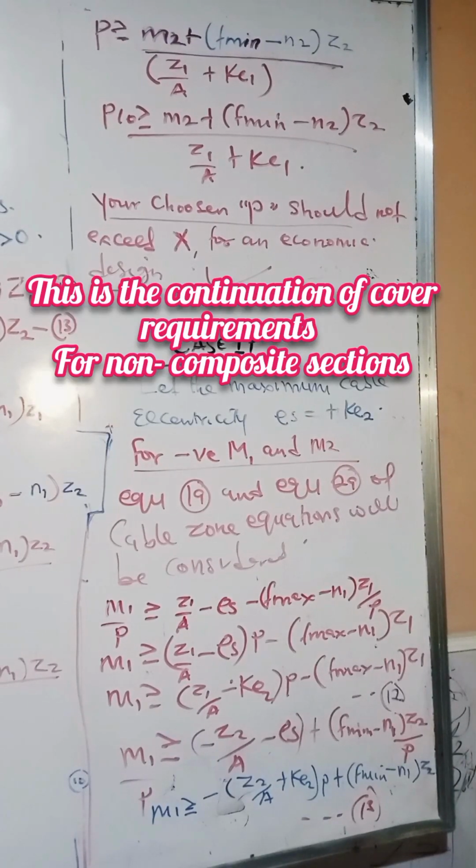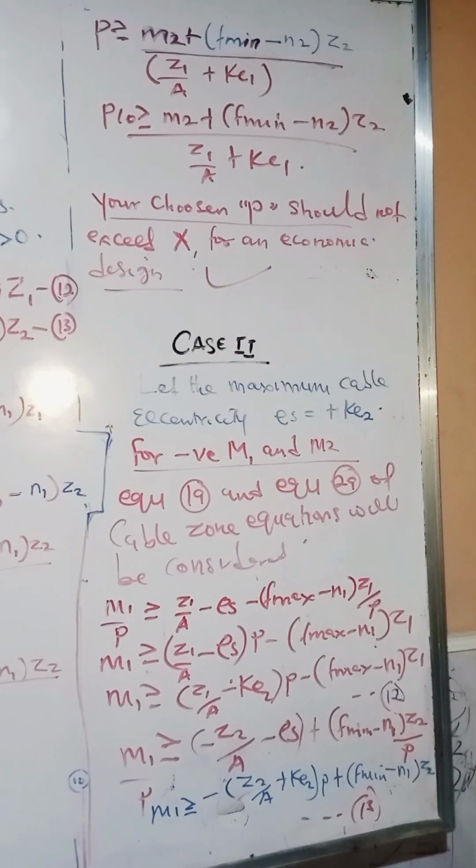All right, so we are in case two. Now, in case two, we are going to be looking at the cover requirement for negative moment. And we are going to look at equation 1A and equation 2A of the cable zone equations. And we are going to consider